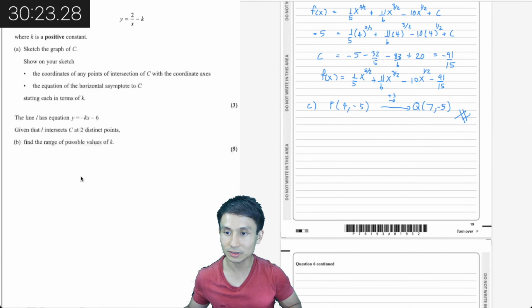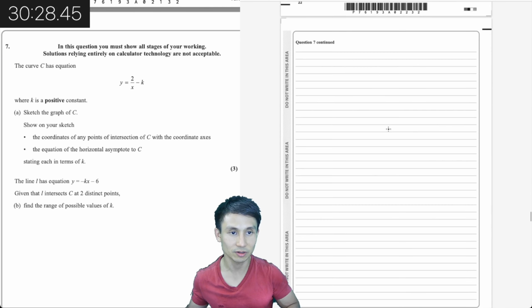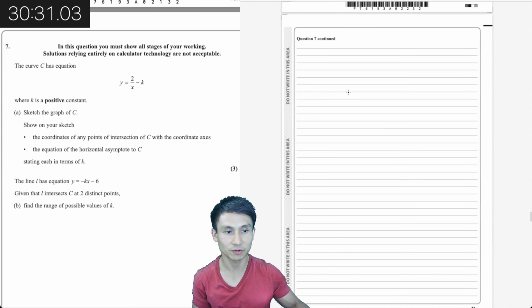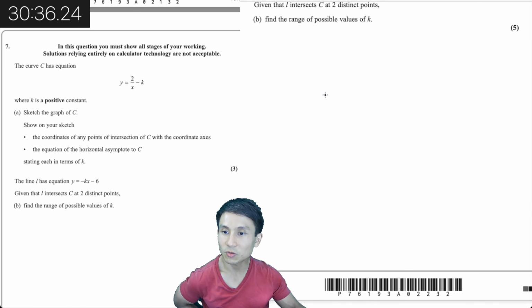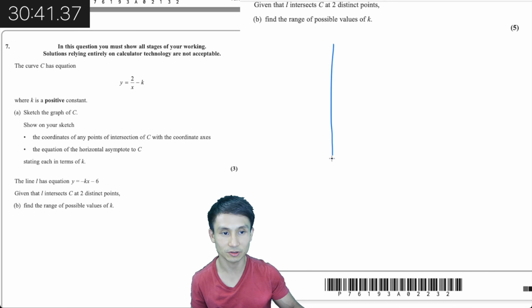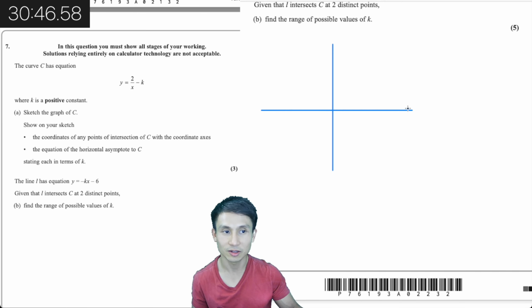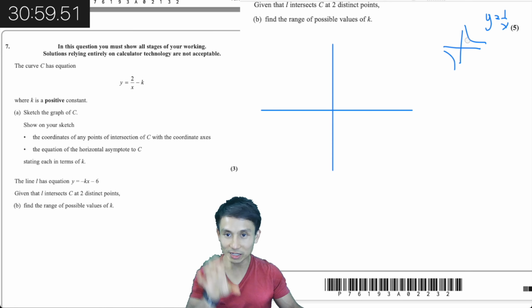Okay, next, number 7 here. I'm just going to go down here too. Oh, we need to sketch first, so this is the space to sketch. The curve C has that equation where k is a positive constant. Sketch the graph of C. All right, so this is a rectangular hyperbola. You have to know that y equals 1 over x looks something like that, right? Kind of. So 2 over x is going to be more steep than this one,